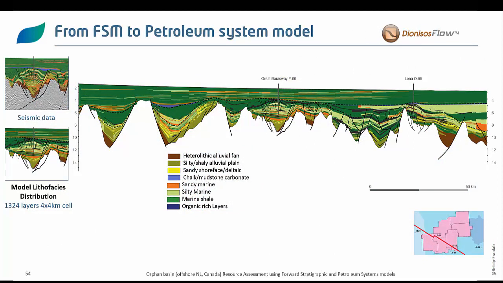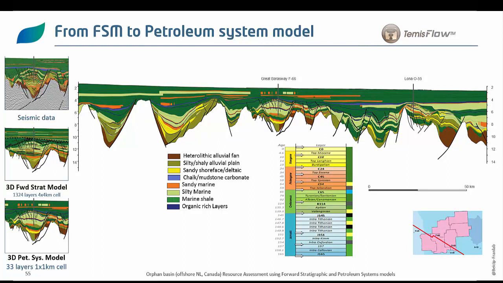One first thing is that the first key step we have to resolve for the petroleum system is to pass from the high-resolution grid to an upscaled version that will be fitted for the THEMIS flow. So the grid is more than 1,300 layers. And how do we fit that to a petroleum system? Obviously, we need to do some upscaling.